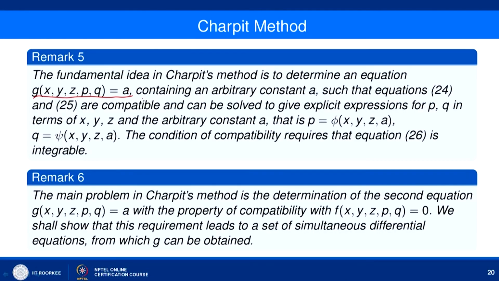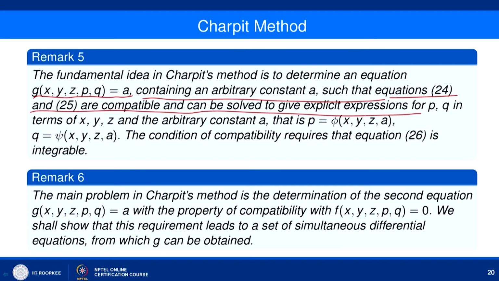It means the other equation we need to find is g(x, y, z, p, q) equal to a, containing an arbitrary constant a such that equations 24 and 25 are compatible with each other,